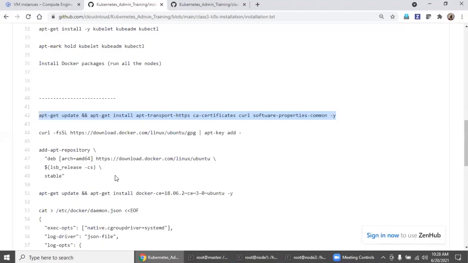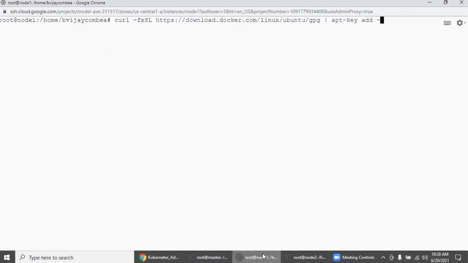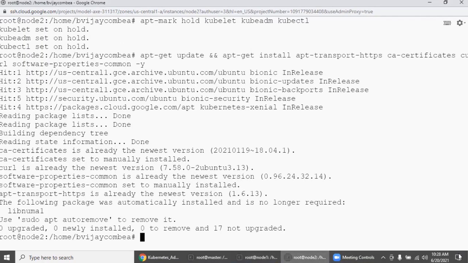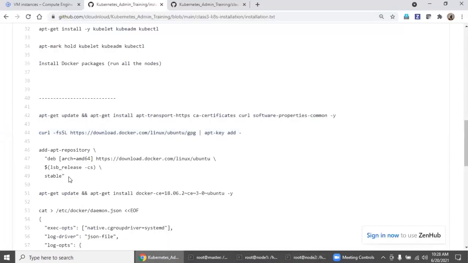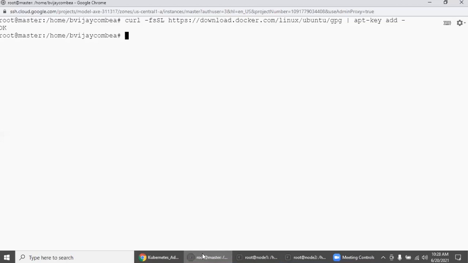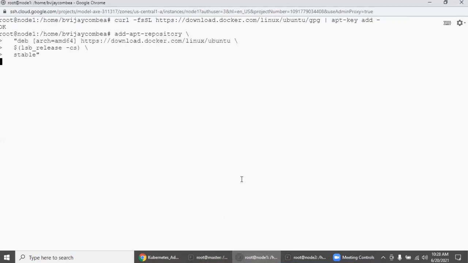So let's go and add the GPG key, and add the repository.